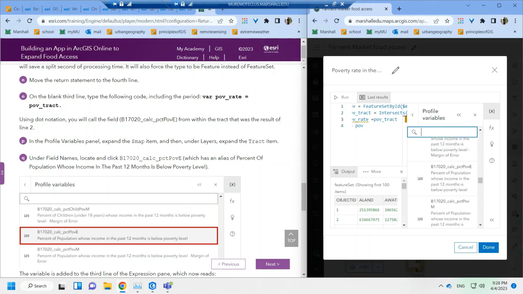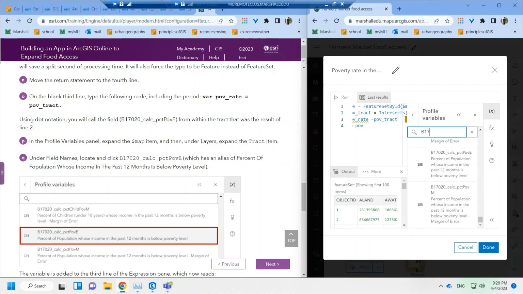Here, I'm going to search for this. B17020 underscore calc PCT POVE. Says no items. Oh, there's the field names. Okay,